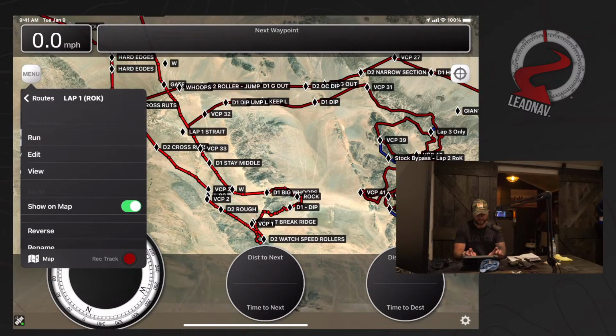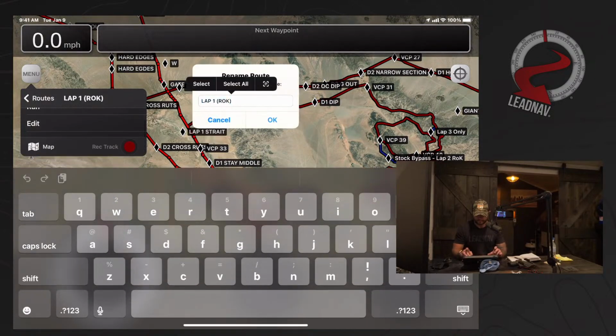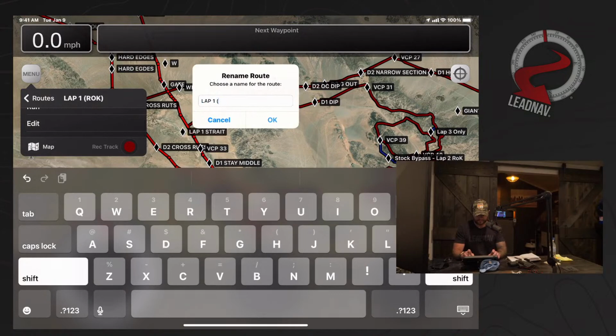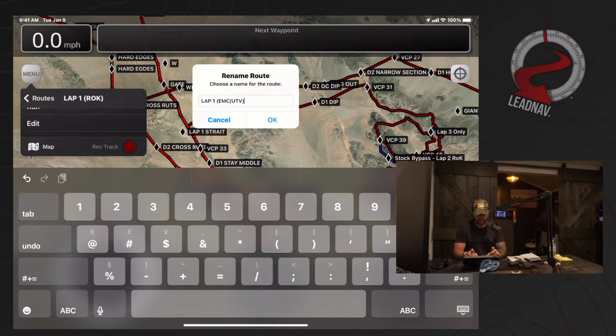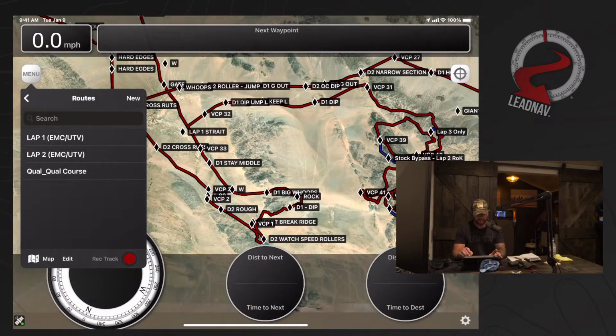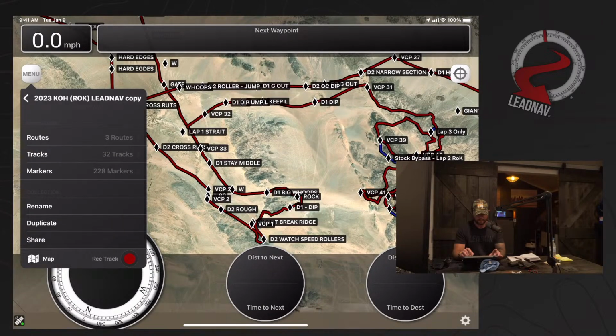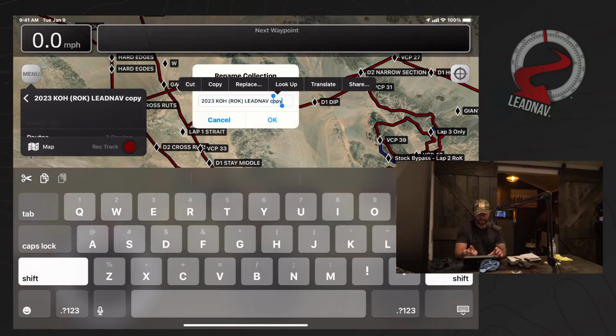There's lap 2, and we'll change this one. The name. Okay. We'll change the name of this collection to